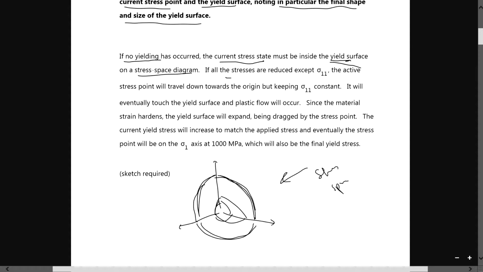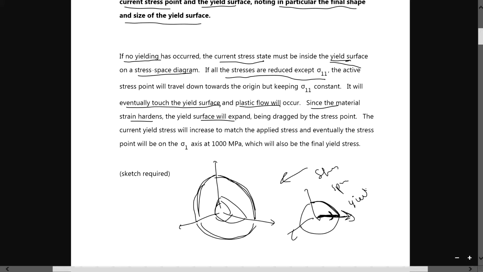Alright, and now if all the stresses are reduced except sigma 11, this means that you'll have some sort of stress state like this, where it's only this portion over here, and when you exceed this particular region, you'll actually start to yield. Eventually it touches the yield surface and plastic flow will occur, meaning it's yielding, and since the material is strain hardened, your yield surface will somewhat expand. So instead of these surfaces over here, your yield surface criteria may be somewhat larger because of the strain hardening effect. So you may require more force to actually elongate or yield your material, things like